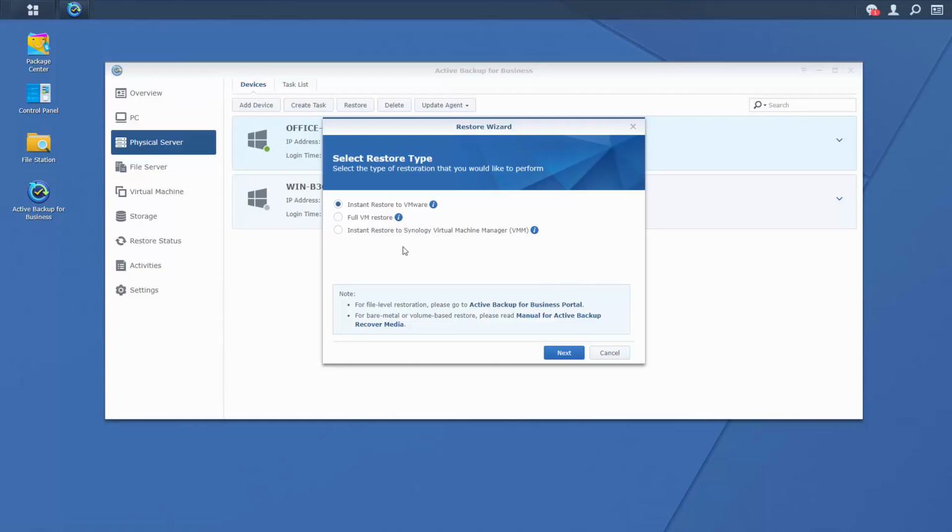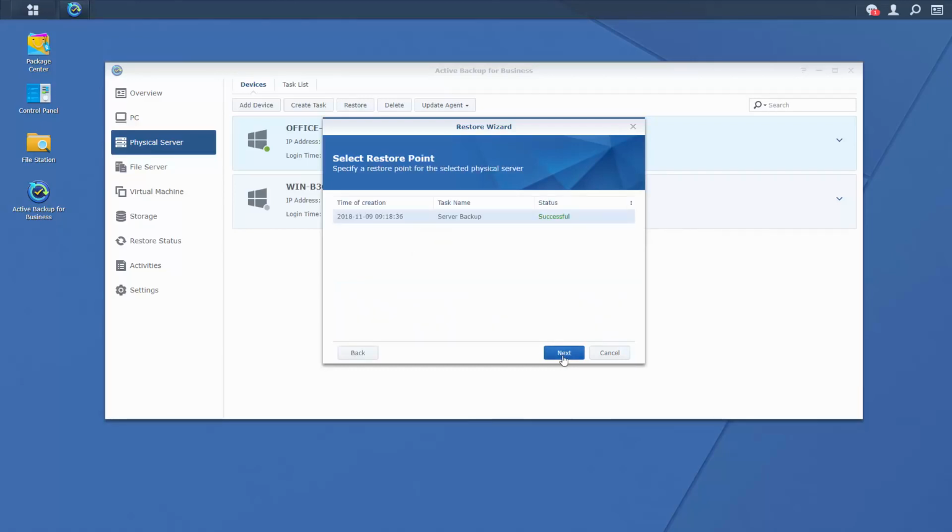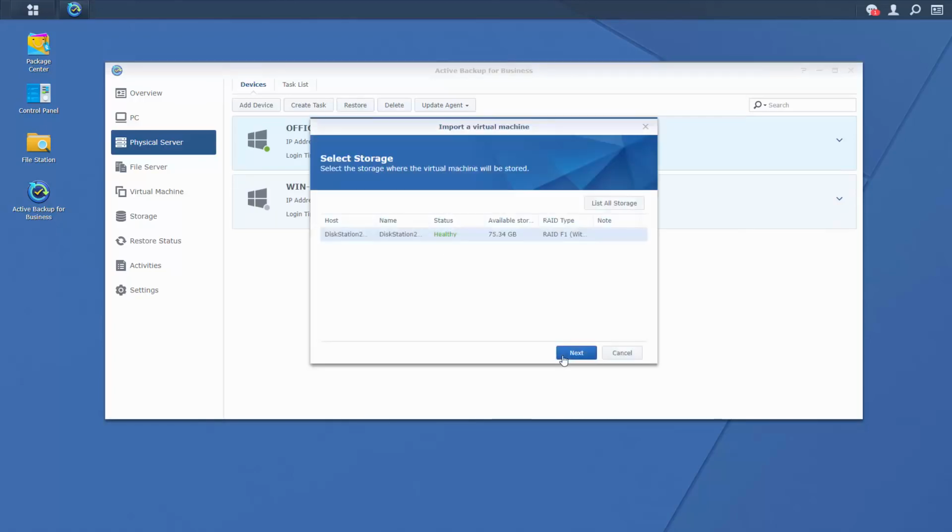The three remaining options are hypervisor integrated restoration options. Again, starting at the bottom, we have Instant Restore to Synology Virtual Machine Manager, followed by Full VM Restore to VMware, and Instant Restore to VMware. We'll demo the VMware options in a couple minutes, but let's start out by doing an Instant Restore to Synology Virtual Machine Manager. This simple wizard-based interface lets us choose a restore point, storage destination, and these will be whatever